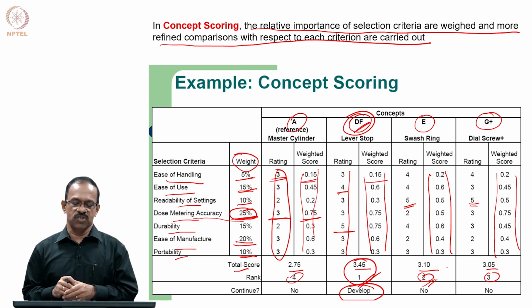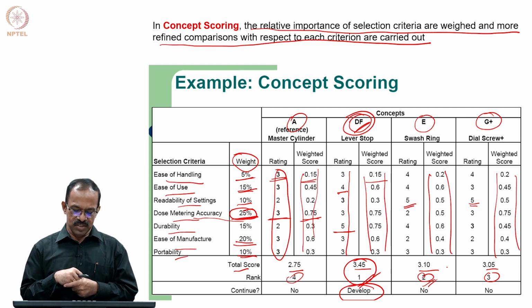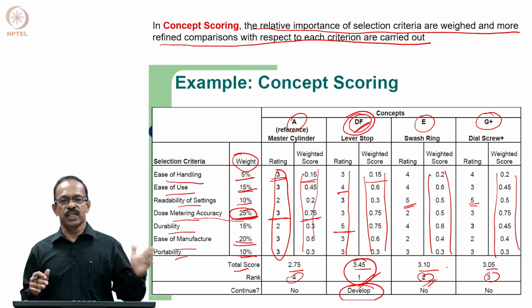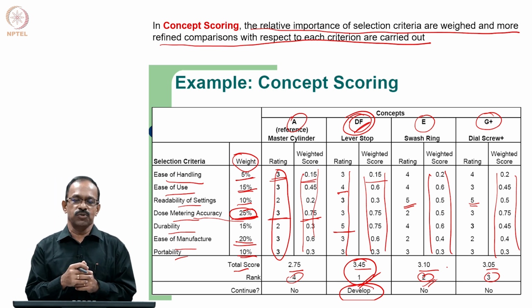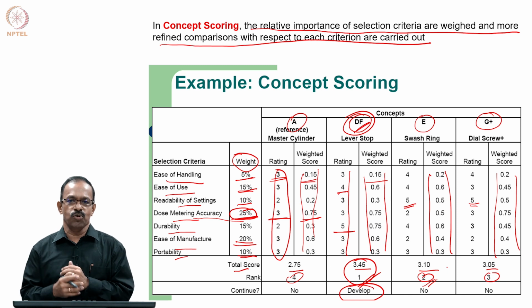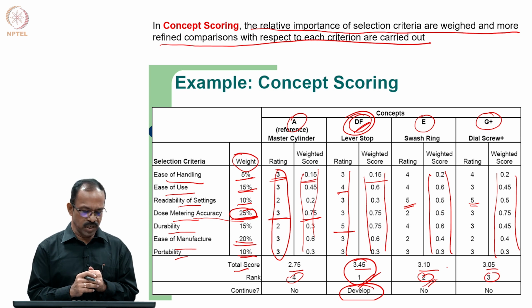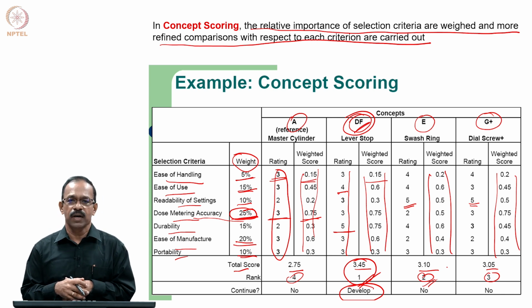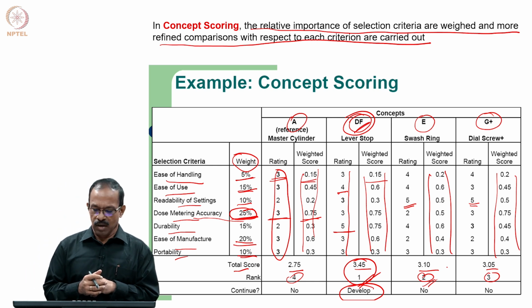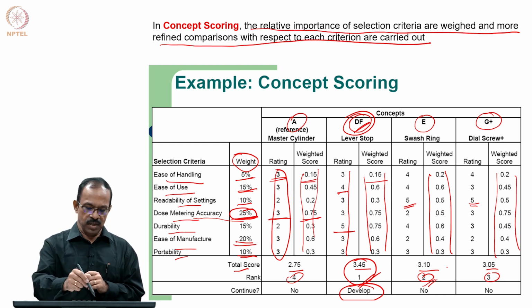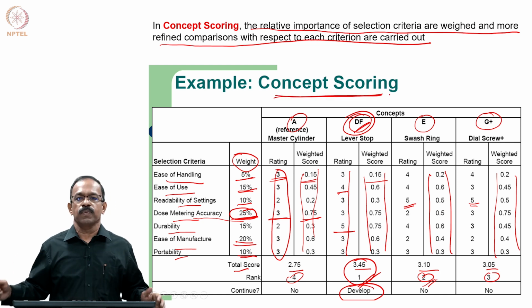So, it becomes a very systematic way of deciding on the top ranking concept, and this will actually be approved by all the members also. It is not based on anyone's intuition or anyone's personal choice. It is based on the objective criteria that we are using in order to get the top level concept. So, this is how we get the concept selected based on objective evaluation, and that is the concept scoring stage.